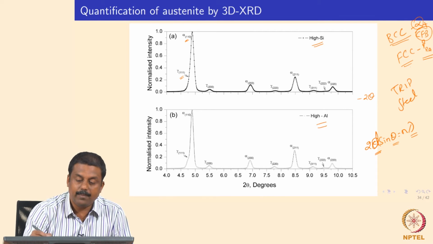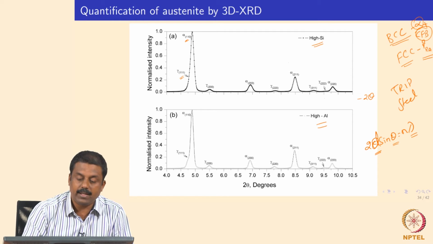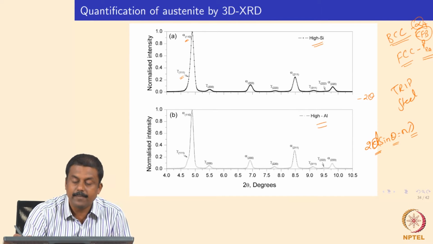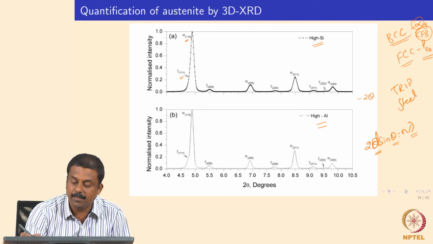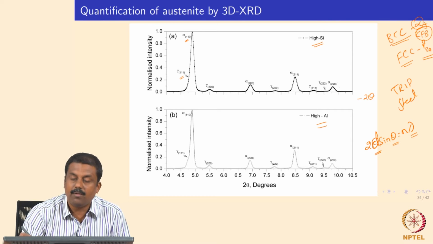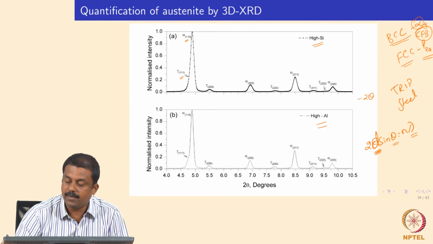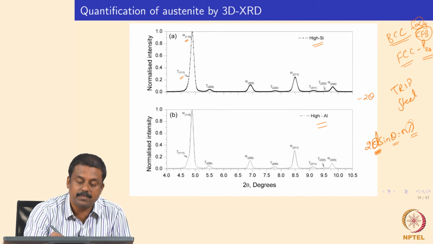Say for a typical BCC FCC mixture in the microstructure, we would get a diffraction pattern as shown over here in this graph. We record the intensity versus 2 theta diffraction patterns and then identify the peak positions. From the peak positions we can precisely know what plane is diffracting, because each plane has a defined d spacing, right? For example, if you know 2 theta, we can calculate, for a given wavelength, what the d spacing is, and from the d spacings we can precisely see whether it corresponds to